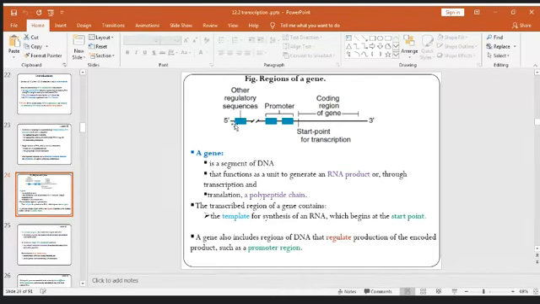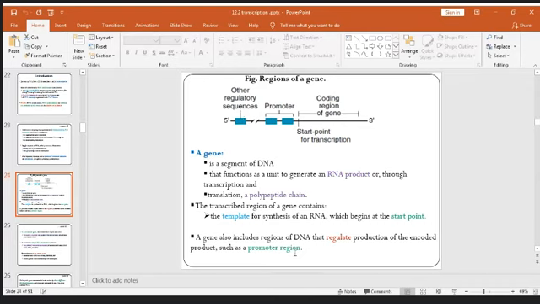The gene DNA contains a lot of sequences, and certain sequences make up one gene. So the gene also includes regions of DNA that regulate production of the encoded product,